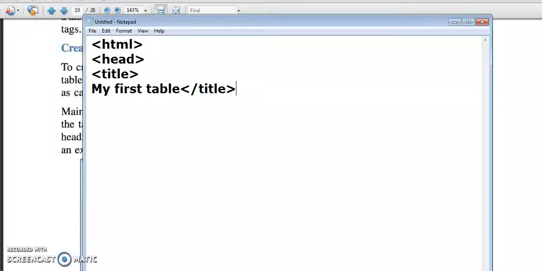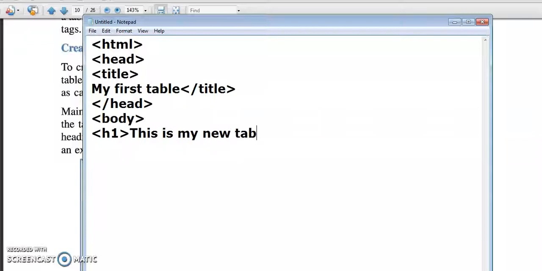We close the title, then close head, then start our body. We are using the h1 tag: this is my new table. H1 close.